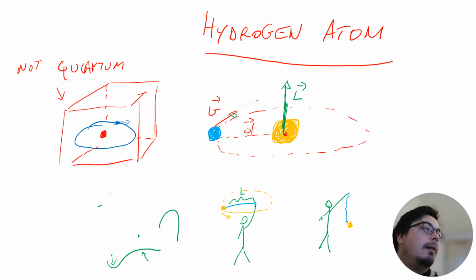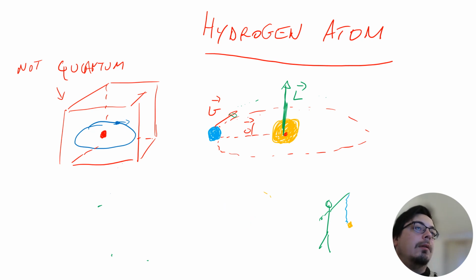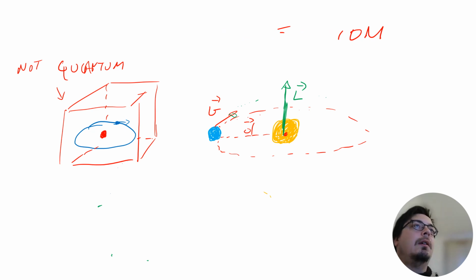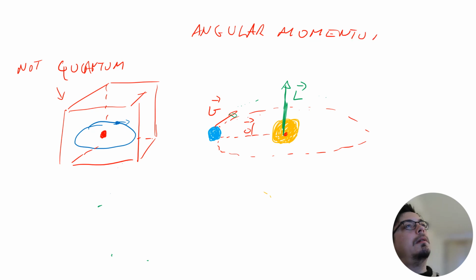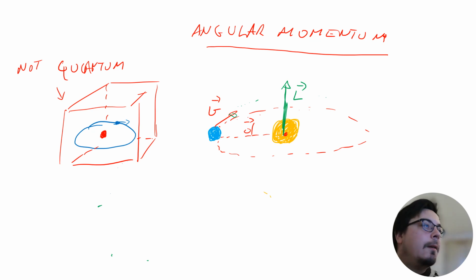numbers that define a rotation, and I should change the title to angular momentum in a sec, because we are talking about, in fact, angular momentum now. The angular momentum is then defined by three numbers: velocity, distance, and actually there is another one, mass, because